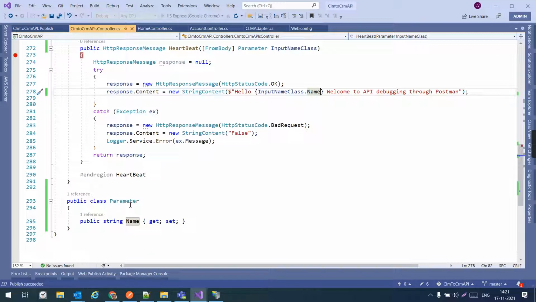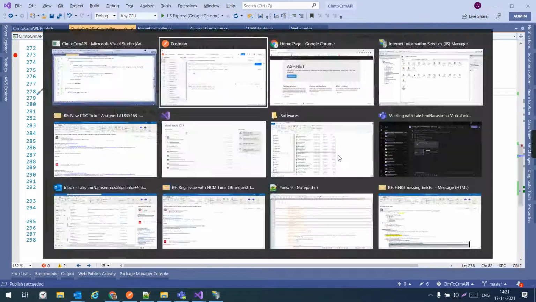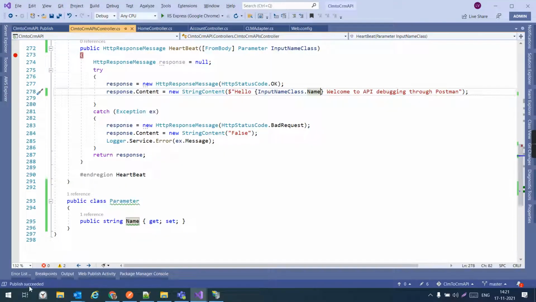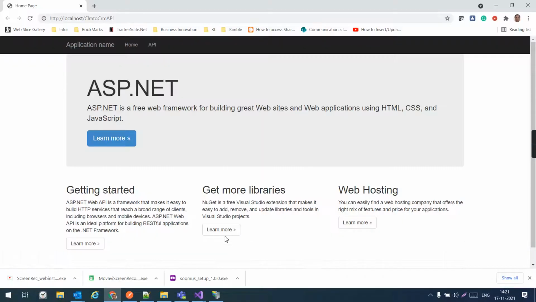We have a property with name, so we need to access that with that property. Okay, it got published, succeeded. Now again, just browse the home page to get the debugger attached without any issues.